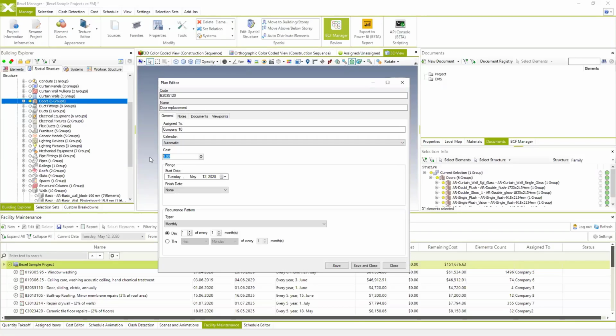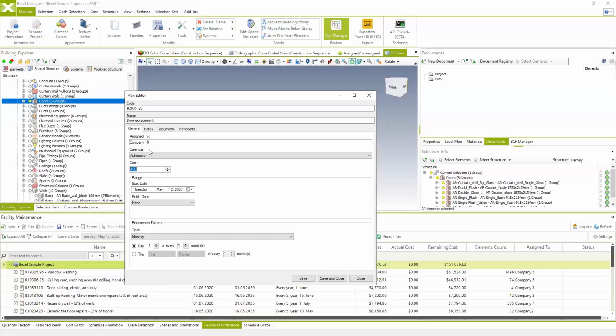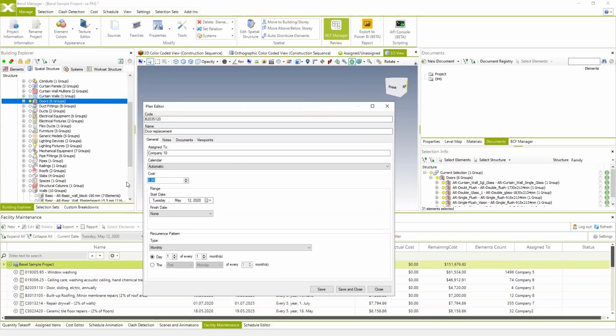The next thing we're supposed to specify is the price of this activity. So every time we change the doors of the project, we have to specify the price for each occurrence of that activity. In this case, because we have, let's say, 31 elements of these doors, let's say that the price is, for example,